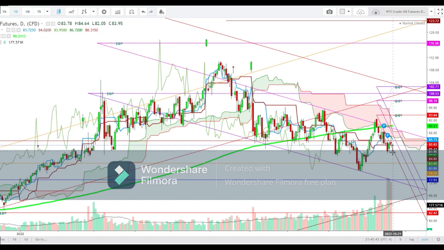So friends, here no doubt we have seen some buying from the lows of 82, but undoubtedly if the crude oil prices find a gap down opening well below the levels of 80 during the upcoming week, we'll see this downward trend continue, where the immediate support can be seen at the levels of 78, and the next support will be at the levels of 73. Here I find that a downward move could go well up to the lower end of this sliding zone, which is currently at the levels of 72. From here a sharp bouncing move can be expected, as we have seen here.